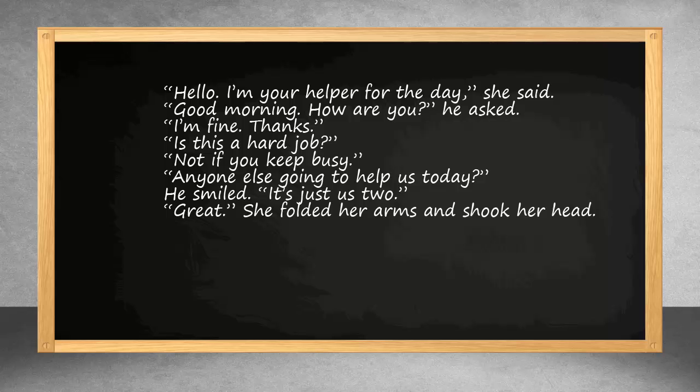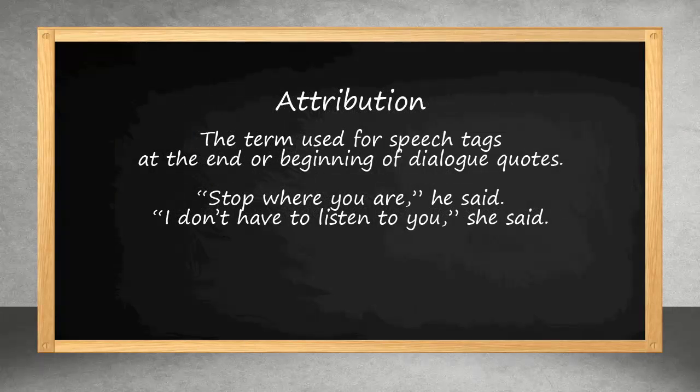Many times, dialogue will have an attribution. Attribution is the he said, she said that goes at the end of the sentence. And notice how it's done in this example. There's a comma, a closing quote, the words he said or she said, and then a period. So in that case, the period goes at the end. If there's a question mark, there'll be a closing quote afterwards, but notice there will not be a comma, and there will still be a period at the end.